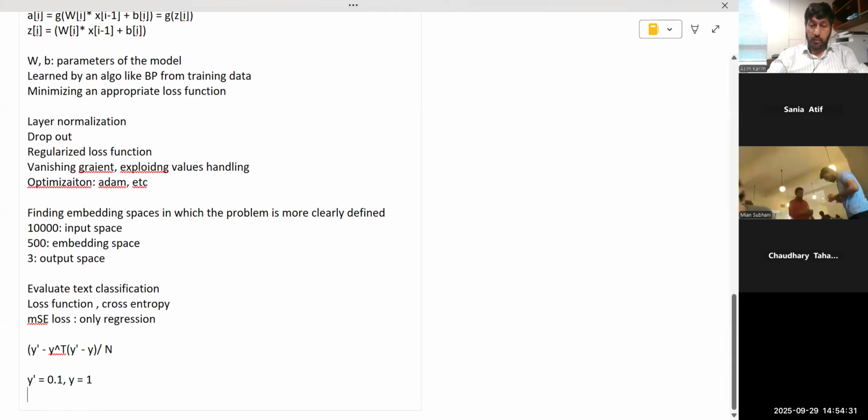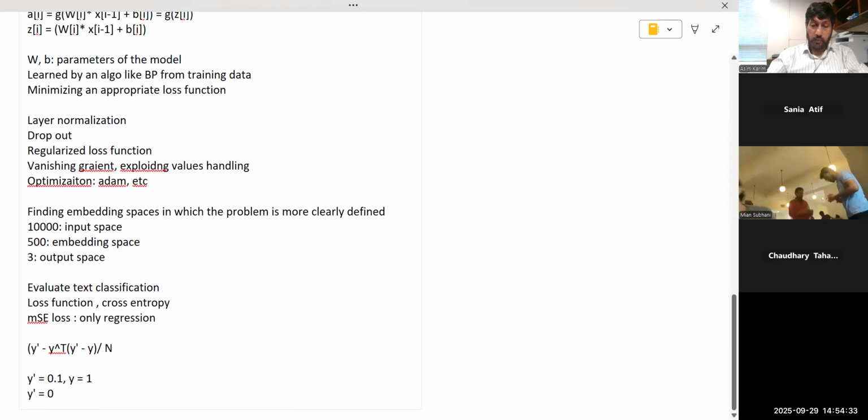So there might be another scenario. Y prime is, let's say, 0.45 and here also y is equal to 1. Again this is a misclassification, but here we have kept the error smaller. But this error we are taking in the sense of Euclidean distance between these two things. But both of these variables are closer to random Bernoulli variables. So for this case, entropy is a better measure rather than mean squared error.